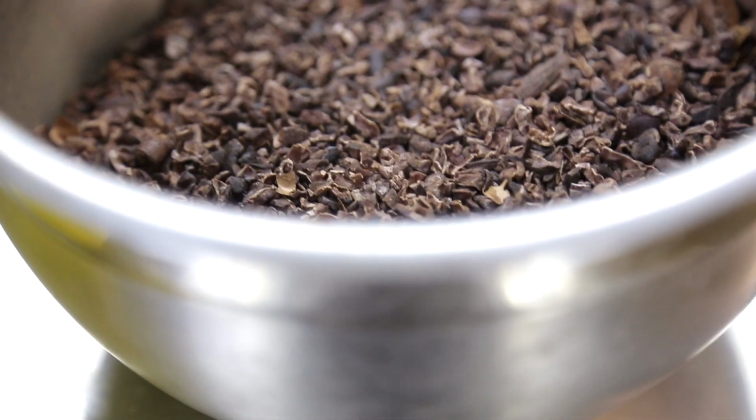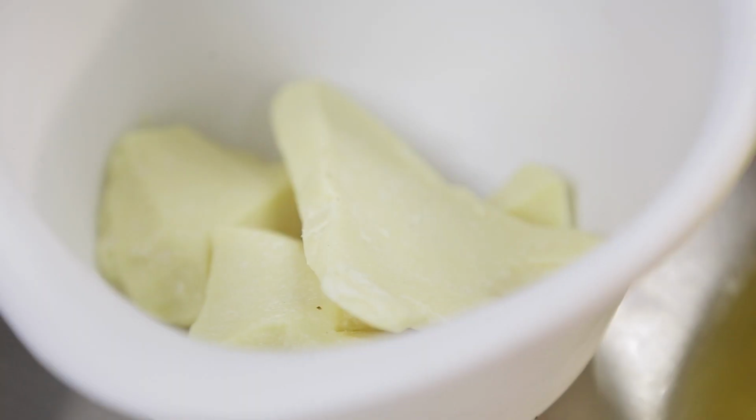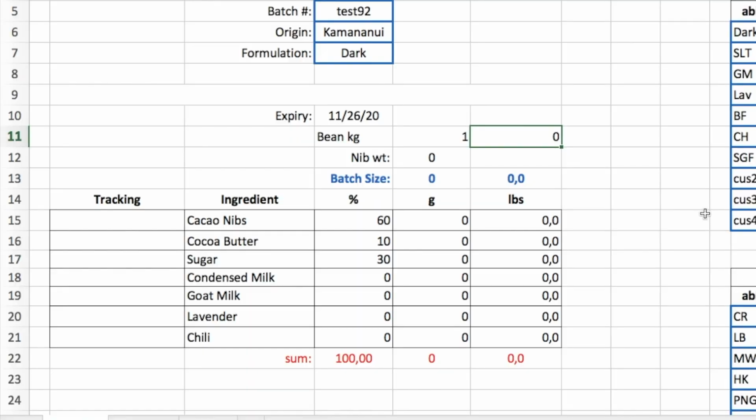I like doing a 1 kilo size batch, and this is really simple because it's 1,000 grams. And so our ratio for our test batches, once we have nibs, would be 600 grams of nibs, 100 grams of butter, and then 300 grams of sugar. That equals 1,000 grams. We have a sheet, an Excel spreadsheet, and so